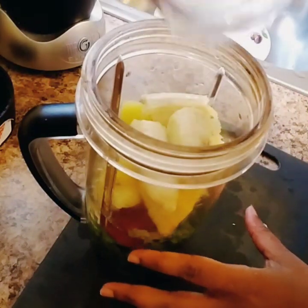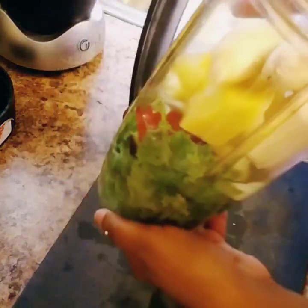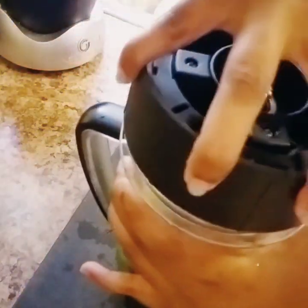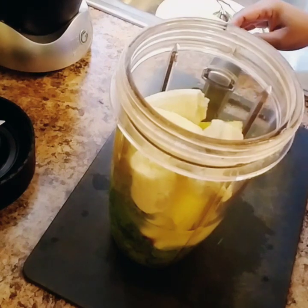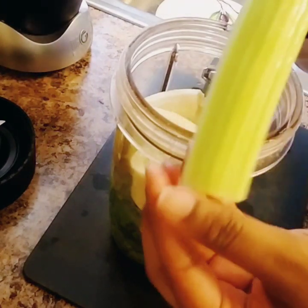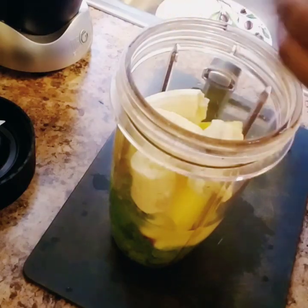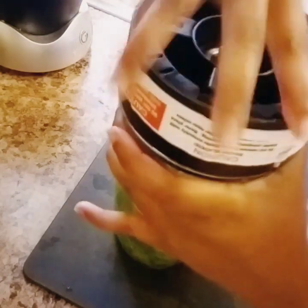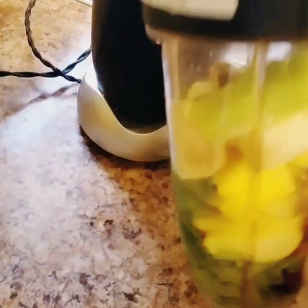We add the water, like so, and that is it. So you have all your ingredients. And you can add additional ingredients if you like the celery or cucumber, just to make it a little bit more fresh. So I opted to go ahead and add a little bit of celery that I had. So we're gonna add that. Now we're going to seal it again, and we're going to go ahead and blend. Put it on our NutriBullet,